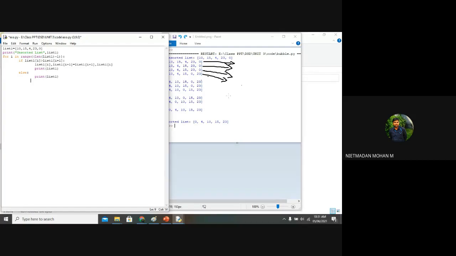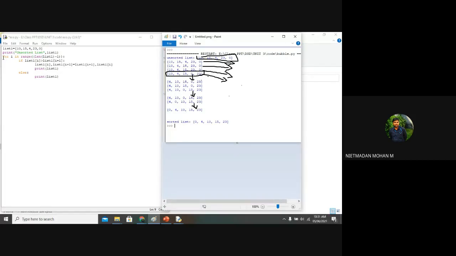Now what is happening? You just imagine that this is the unsorted list, and this is the sorted list of the first iteration. So based upon this first iteration sorted list, I want to do this process, and again I want to do this process, and finally I want to do this process. So I no need to write this code repeatedly again and again.